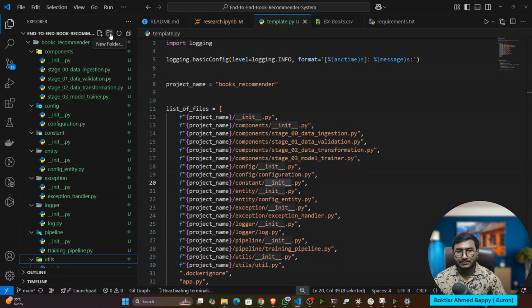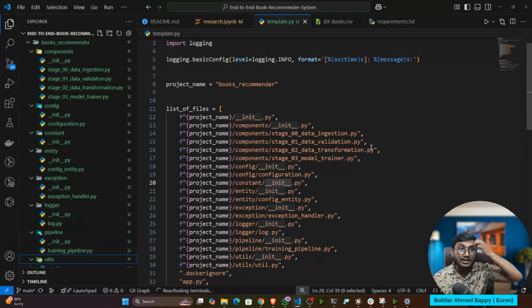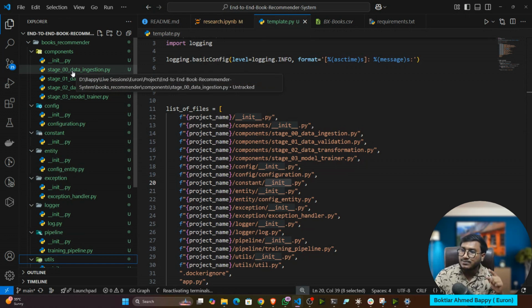Tell me, what is the meaning of all the folders? See, you can give any kind of name to the folder, but in software development, there are some naming conventions people usually use. Let's say for data ingestion, I use this particular file called dataingestion.py. And for all the components, because in an end-to-end project there are some components you have to remember. The first component we usually write is called data ingestion. This will ingest the data from the database, from any kind of URL.